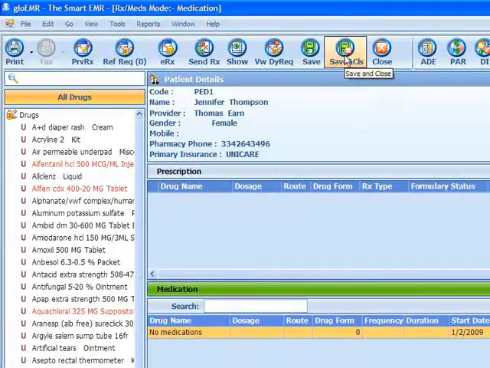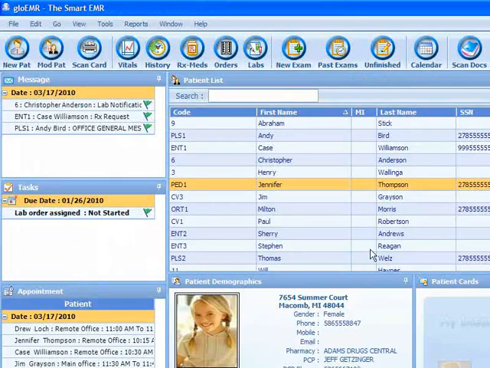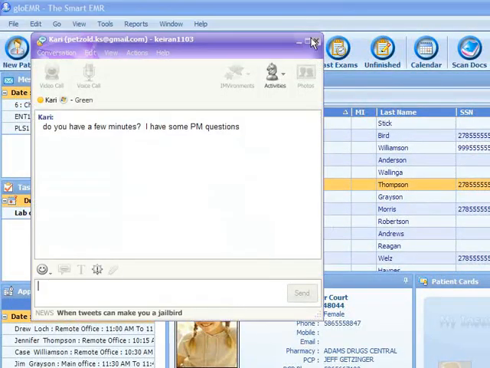I'm going to go ahead and save and close this information. So now my medical assistant has done my patient vitals as well as